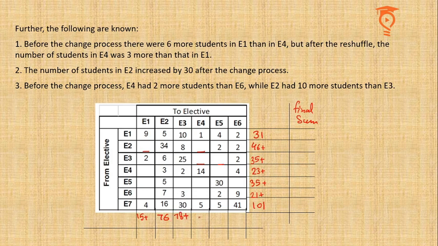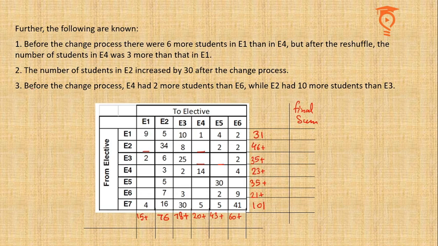E4 will be 20 plus, I'll leave it. E5 if you add, you have 43 and I'll make a plus sign. And E6 also we have 60 right now and then something added. Okay, so basic job is done. Now let us read these 3 points one by one, which will help us.